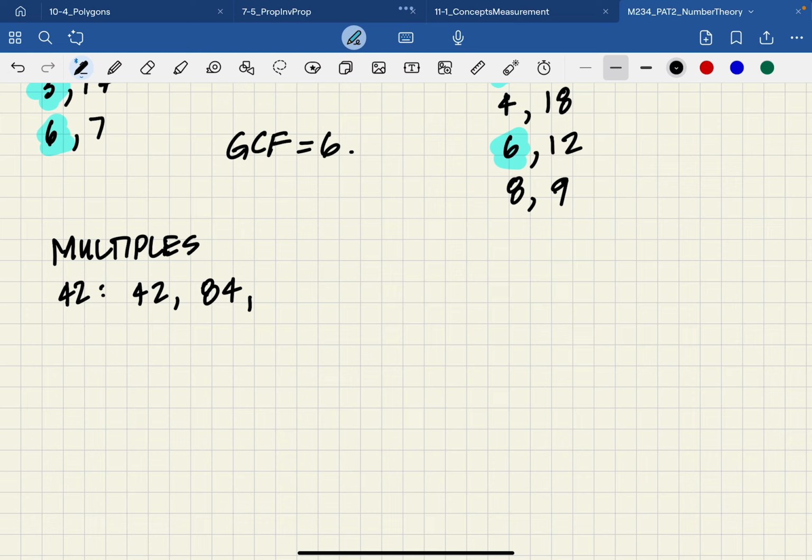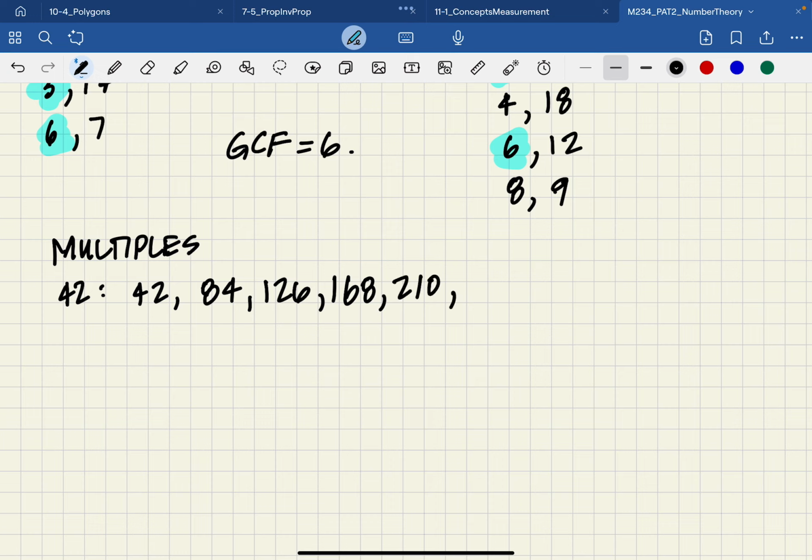Using my calculator, I can get a table of these really quickly. So I typed in 42x into my graphing calculator, get 42, 84, and going to the table, 126, 168,